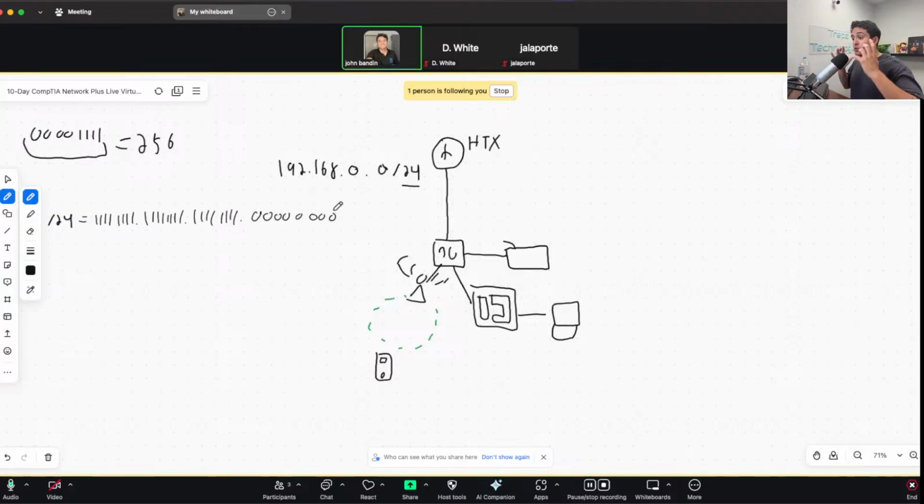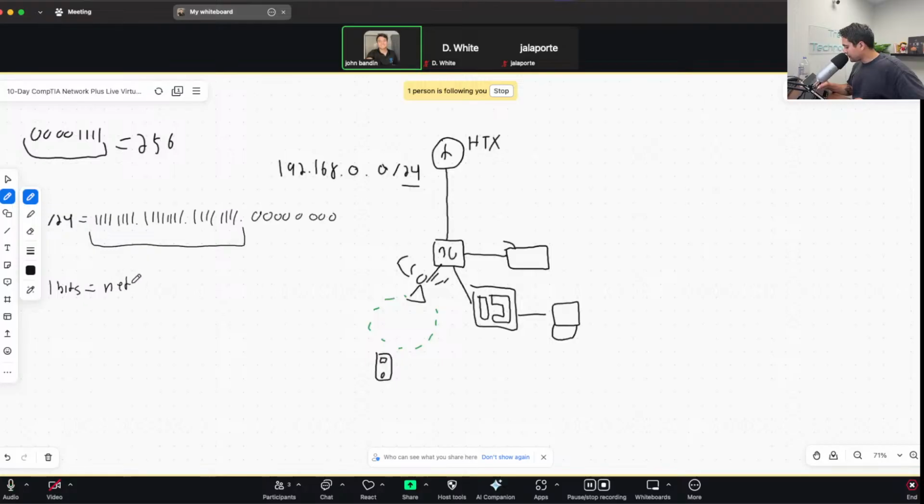Okay, so here's where we got to put our thinking caps on. A /24 essentially means we have 24 1-bits here. In subnetting, when we look at a subnet mask, the 1 bits